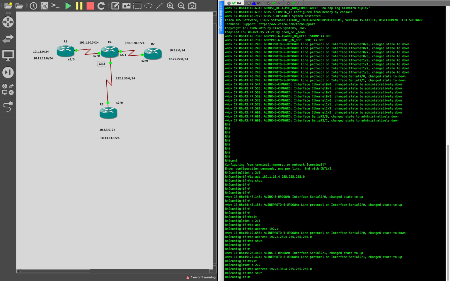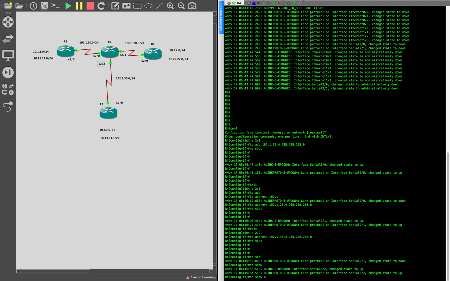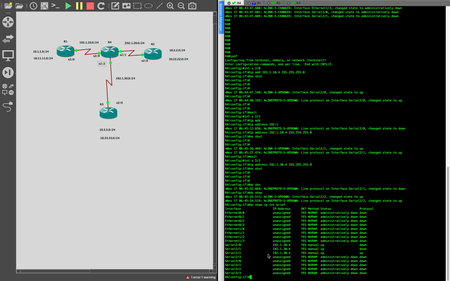I think we are done, right? So if you look at show ip interface brief, you see that we have configured three serial interfaces. A couple of them are down now because we need to configure the other side, but this is how it actually looks, right? So let's move on to